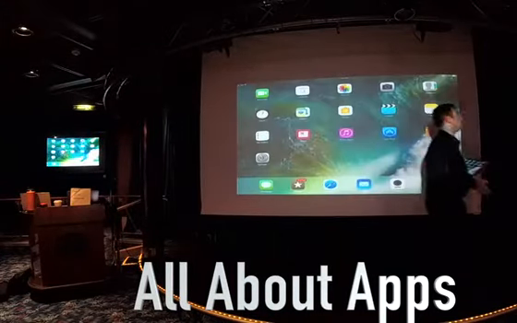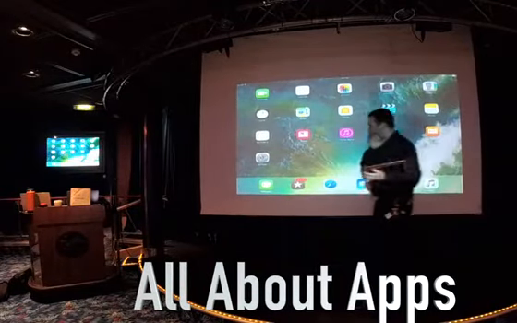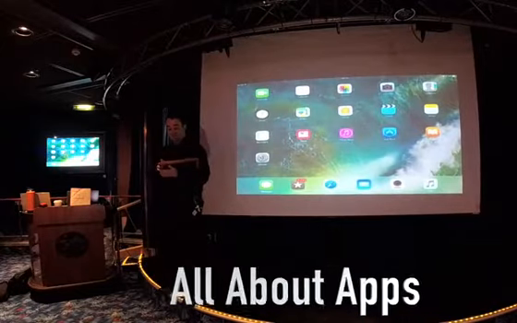But here's the important thing. The power of all these devices is in the apps. The last thing you should be doing on your iPhone, on your iPad, on your Android is going to Safari or going to Chrome and looking things up. You should be inside of the different applications that are available.